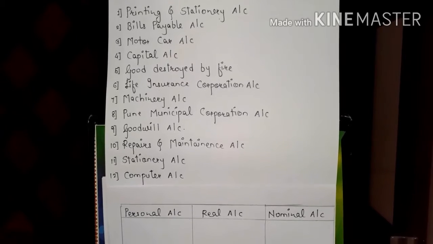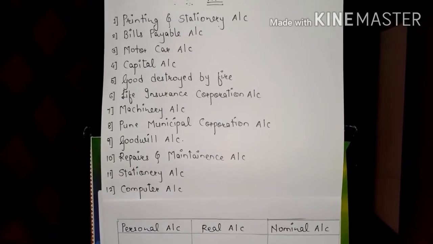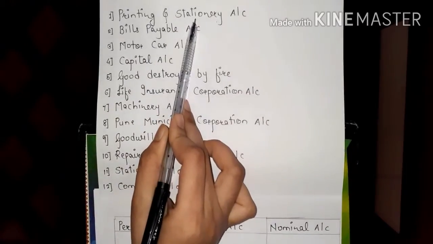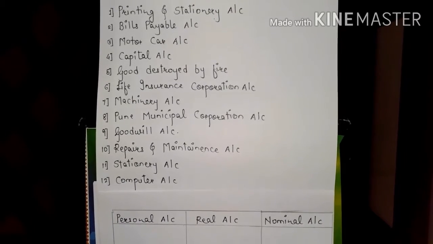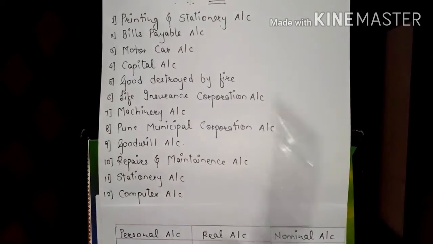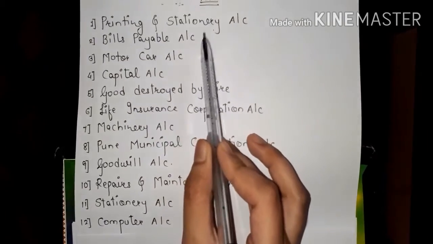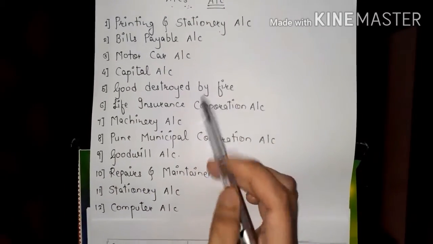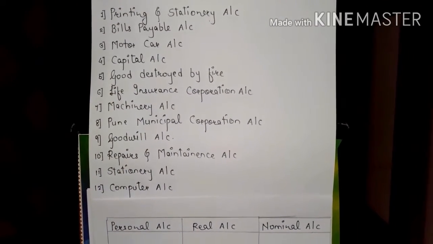We will have to write MRP on it. We will have to write all the contents of the product we are making, and how that packet is going to be framed. That is related to this printing and stationery account. So if you are making such packets, that means you are producing some goods. Obviously, you will get some expenditure here, that is printing and stationery. This is our expenditure because we are going to spend from our own pocket. We will have to invest our own money to print all the contents on the product or on the packet.